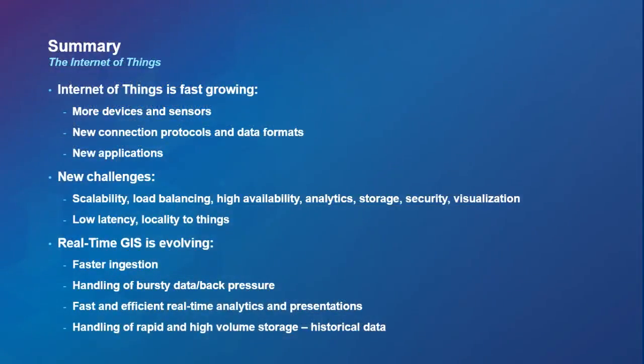In summary, we know that the Internet of Things is a fast-growing field, and there is still a lot more to come for us to discover. More devices, more sensors. The prices are going down quickly for platforms and sensors. New protocols are going to be coming out, and data formats, also new standards. So watch out for that. New applications. This is something that we might be involved in developing or helping provide solutions.